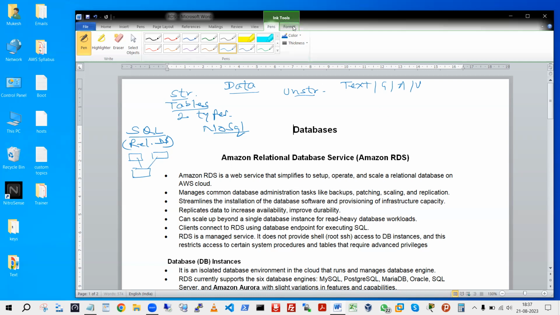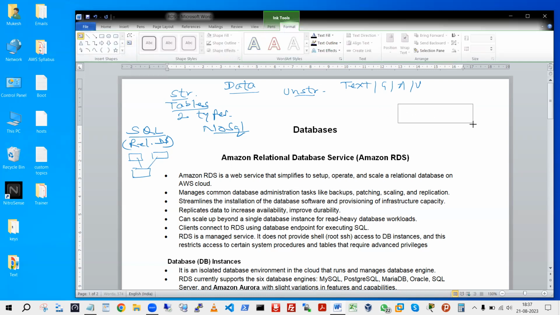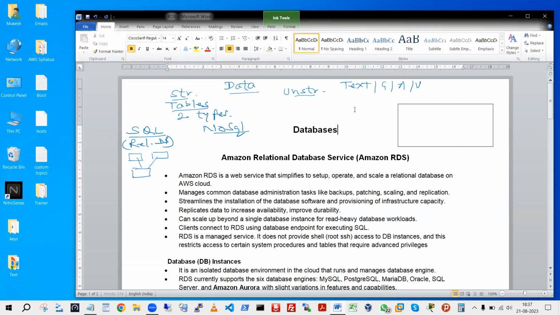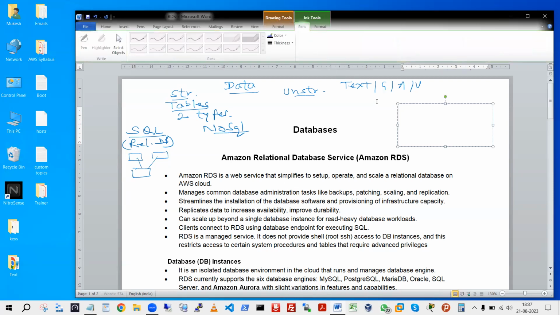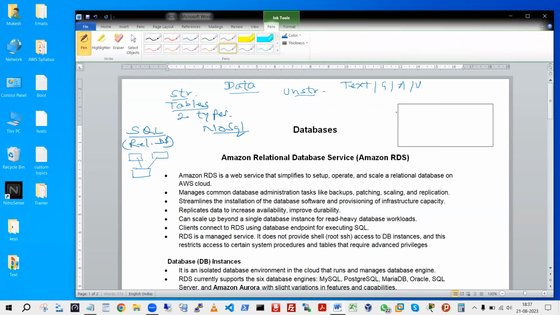See, in a table, when you are going to store your data, suppose this is your table. So this table is much like you have the spreadsheet in Excel. It consists of rows and columns. Rows and columns. Every row here is an entry for a record. Right? For example, you have a student database or employee database. So when you're going to maintain that database in a table, so every entry what you make here in the table, that is known as a record, and every record will have the attributes which is described in these columns,